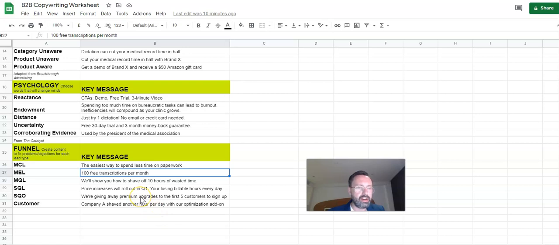ads. 100 free transcriptions per month might be enough to entice somebody to actually become an MQL, like to sign up for a free trial or to request a demo. Okay, now after they've requested the demo or hit some sort of marketing qualified lead stage,